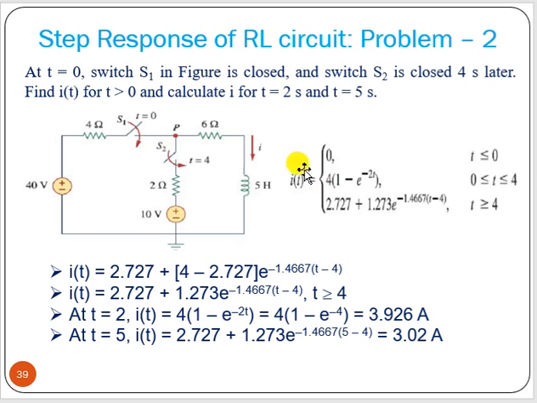So this becomes the I(t) value. Okay, so what we can see, I(t) equal to 0 when t less than or equal to 0. I(t) equal to this value when t from 0 to 4, and this value for t greater than 4. This is the current equation. Okay, we can find out when t equal to 2 second. When t equal to 2 second, we cannot apply this equation, we have to apply this equation, because this is within the 0 to 4 range. So using this equation, put t equal to 2 and calculate the value. T equal to 5 second, that means t greater than or equal to 4. So we have to use this particular equation, put t equal to 5, and we can calculate the value. Okay, and this is a very interesting problem.